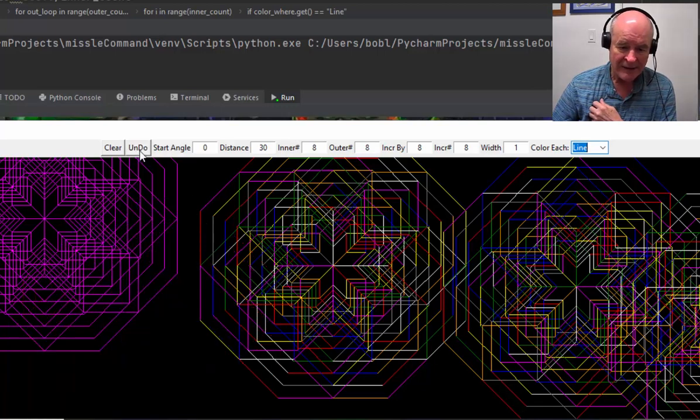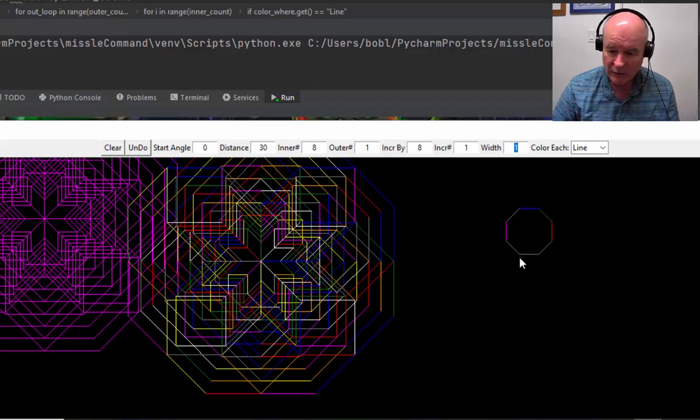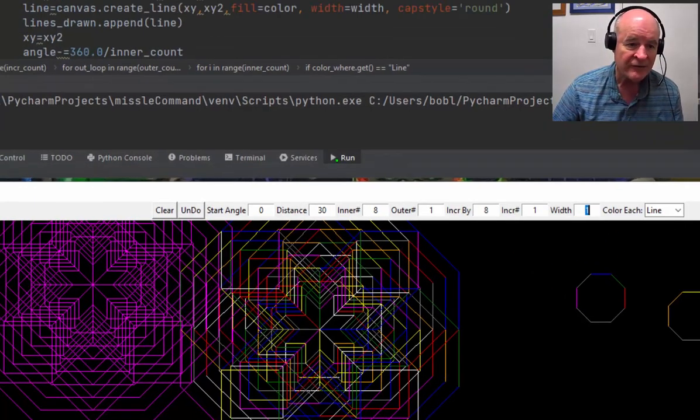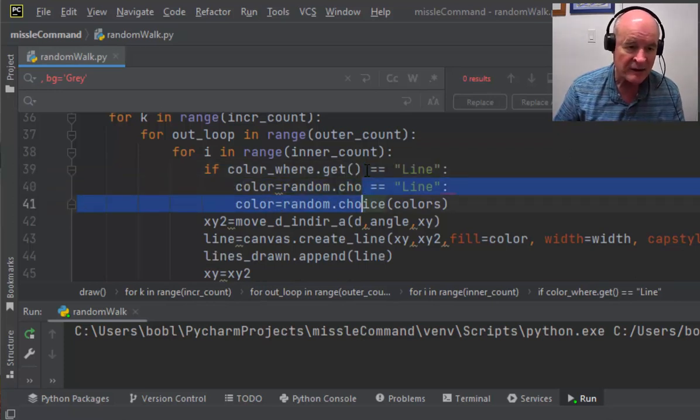That's not bad, right? That's pretty sweet. But I also have the option to color every size, or every shape a different color instead of every line, right? If I make this one box, outer loop is 8, outer loop is 1, increment by 1, right? Then every shape in the line is a random color, but I could also draw all the shapes the same color. So if I take this code and grab these 2 lines and say duplicate, well,